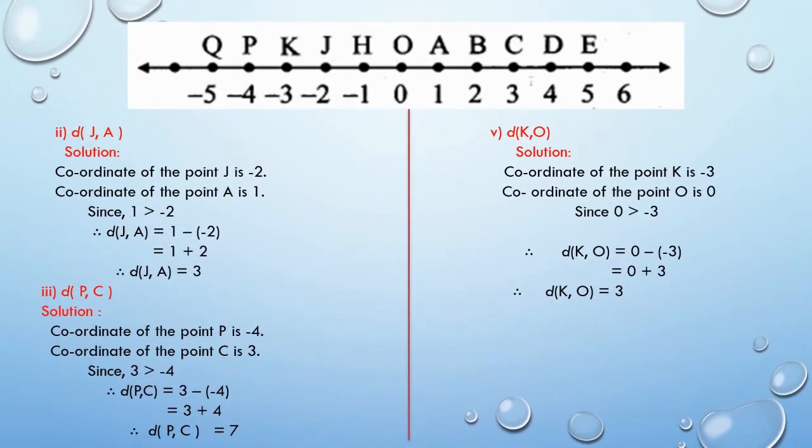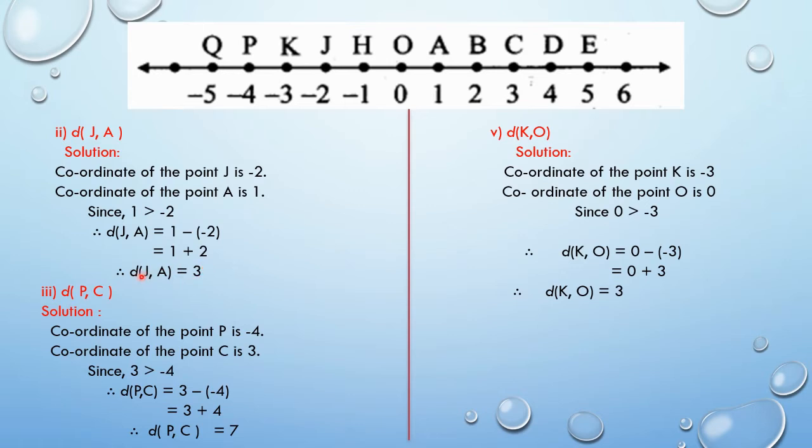Find the distance of JA. And the solution. First write the coordinate of the point J and the coordinate of the point A. Observe the number line. The coordinate of the point J is -2 and the coordinate of the point A is 1. We know that 1 is greater than -2. Therefore, the distance of JA is equal to the bigger number minus the smaller number, that is 1 minus -2, that is equal to 1 plus 2 is equal to 3. Therefore, the distance of JA is equal to